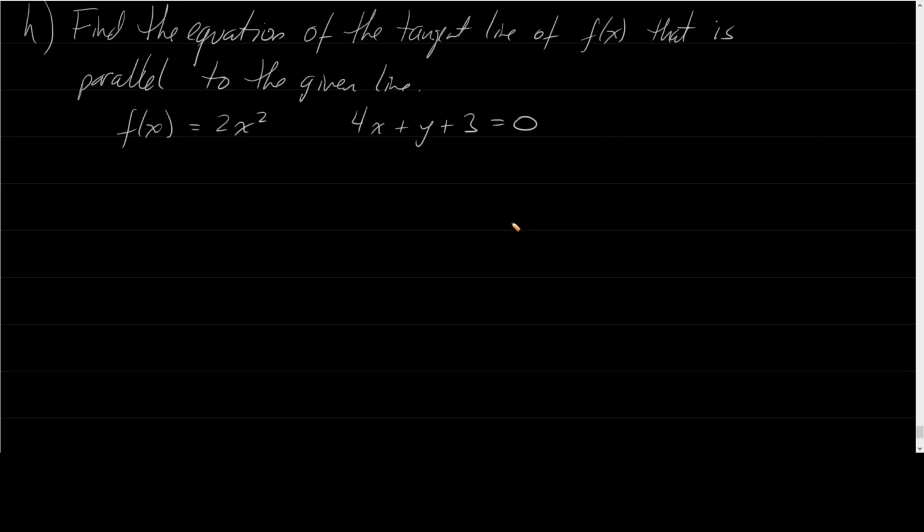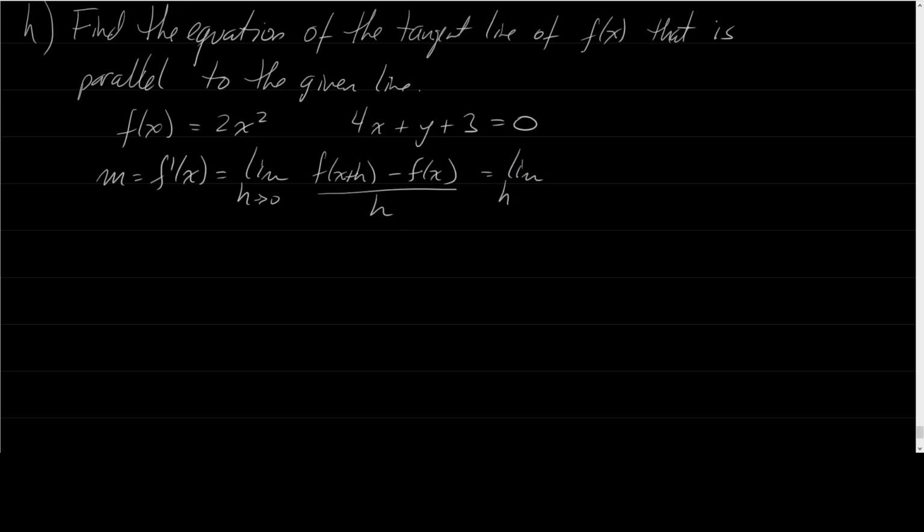All right. So the very first thing I'm going to do here is, since we need an equation of a tangent line, that means that we need a slope. We need a slope and we need a point. So the very first thing I'm going to do is try to figure out what the equation for the slope is. And the equation for the slope is just f prime of x, which is the limit as h goes to 0 of f of x plus h minus f of x over h, which in this case gives me the limit as h goes to 0 of 2 times x plus h squared minus 2x squared,